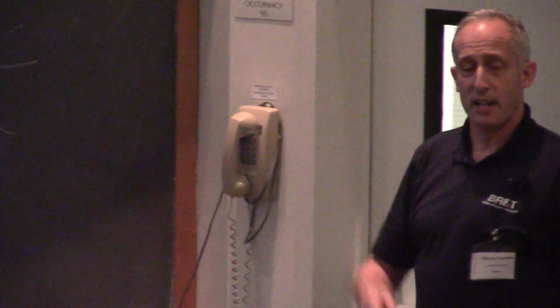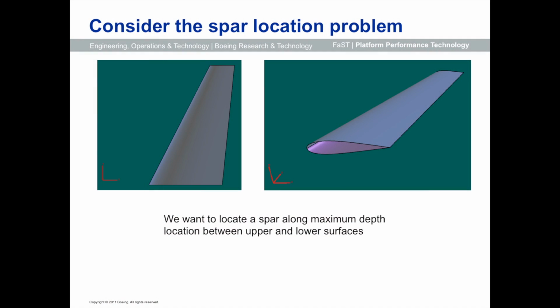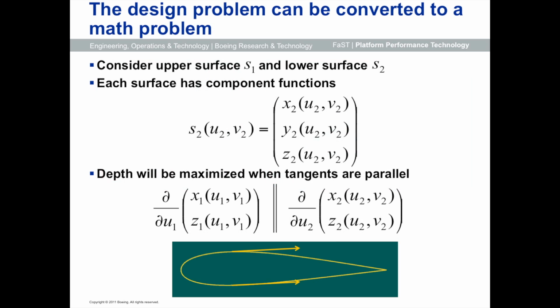This was an idea that folks who went to Germany right after World War II found; the Germans had come up with this idea. It's one of the things that came back from the war. And so you see swept wings appearing as early as 1946 and 1947. But I digress. What the structures folks want to do is figure out where in this wing right here to stick a spar. And they would really like to stick it in the maximum thickness location. So how am I going to do that?